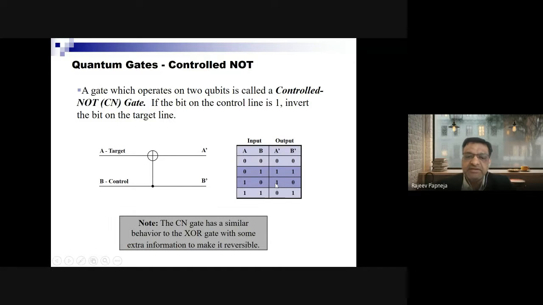It's 1, still 1. And in the fourth, where B is 1, it